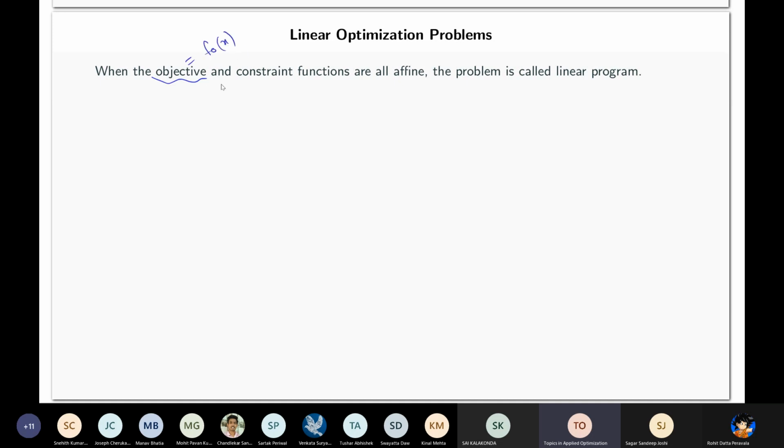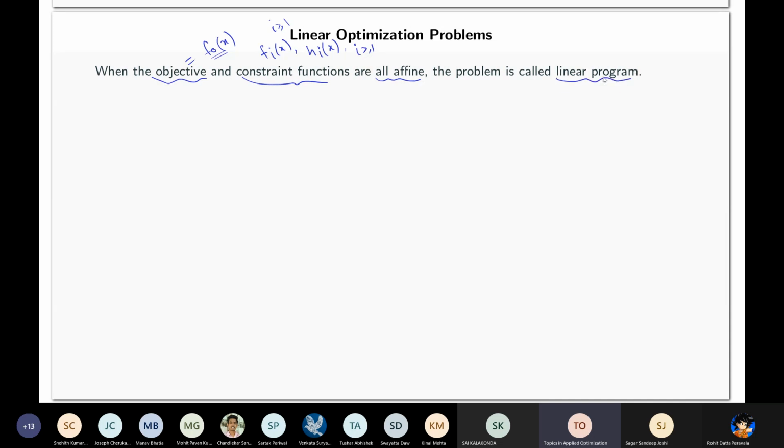We remember in our notation it's f naught x, and then the constraint functions which are like f i x, and the other constraint is the equality constraint, which in our notation is denoted by h i x, where i in this case is greater than or equal to 1. 0 is reserved for the objective, and here i is greater than or equal to 1. There is no 0 here, I guess. So when the objective function and constraint functions are all affine,